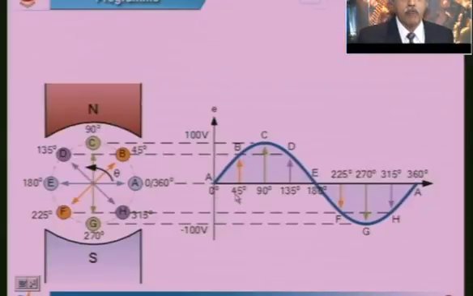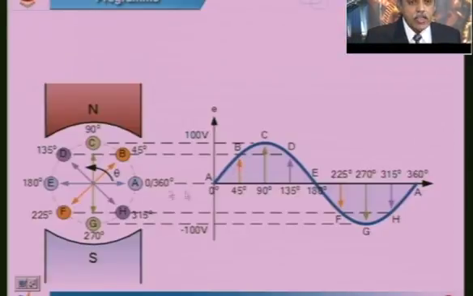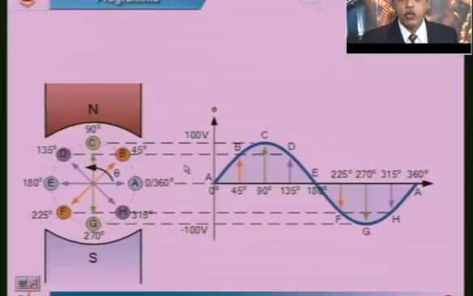When the coil is rotated by 45 degrees, I will be moving the conductor from position A to position B, therefore there will be a certain value of the voltage induced. As the coil moves further, you can see in the waveform the voltage is increasing from 0 to a maximum value of C, which I have taken to be 100 volts, and starts decreasing from 100 to a value of 0 again when the coil or conductor is moved by 180 degrees. So this is one positive alternation. This is called a positive alternation because during this movement of the conductor or the coil, I have all positive values. The same thing will happen in the reverse direction when the coil or conductor is further rotated.